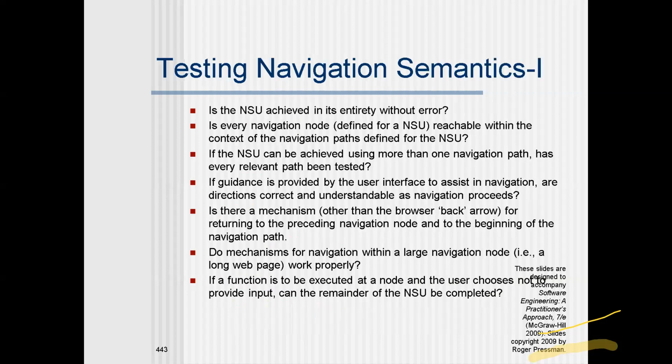And the next thing is navigational semantic units. Now, is it without error? Is it without any problem? So that also has to be tested. Is all the mechanism being tested? And is the functionality of the NSU, because NSU is something that tests for a functionality, proper? So if at all I give a back arrow, where is it moving? If I click on a particular link, is it opening on a new page, or is it opening on the same page, on a different tab, or is it